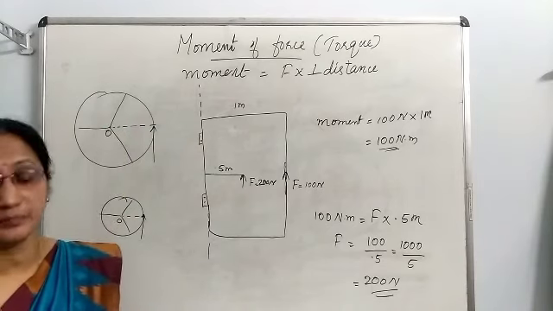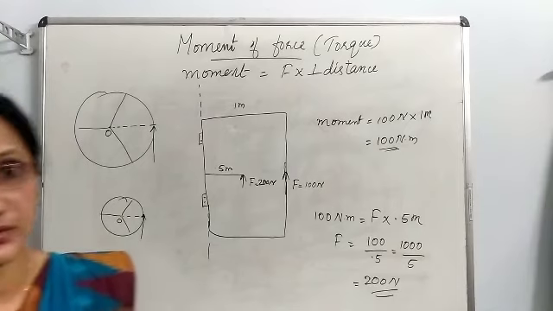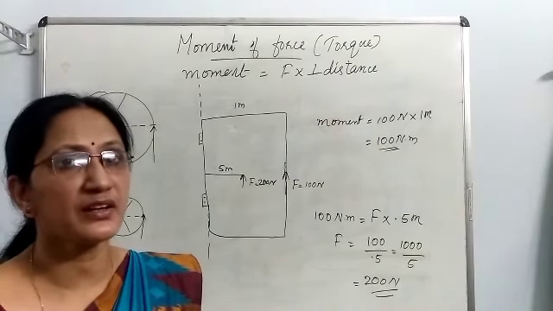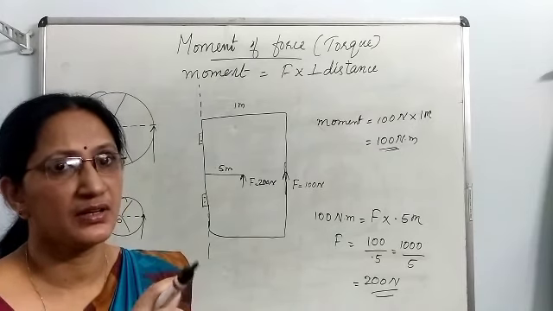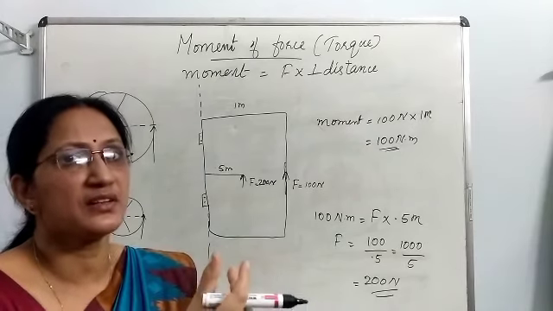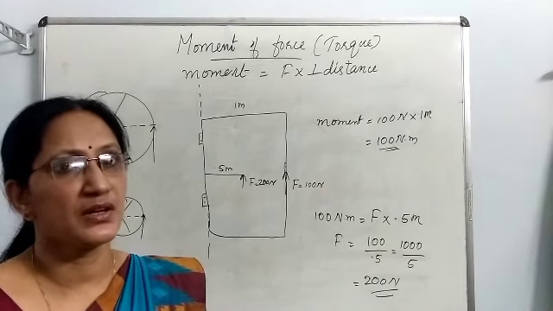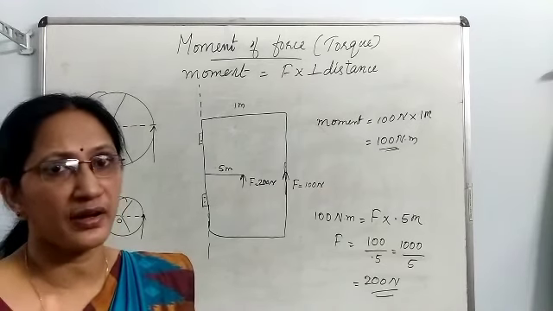Then another example, spanner. In your textbook the diagram is given, you may look at it. A spanner is used to turn a nut, either clockwise or anticlockwise, to loosen the nut or to tighten the nut. If a spanner has a long handle,